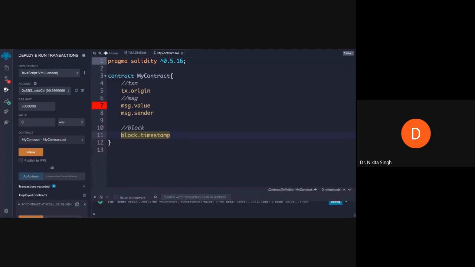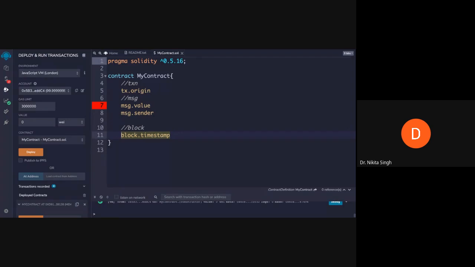Now next we'll be talking about mapping. Why we need to talk about mapping is because mapping allows us to have some amount associated with our addresses. That is, if you have an Ethereum address, some amount of ether will be associated with that address.